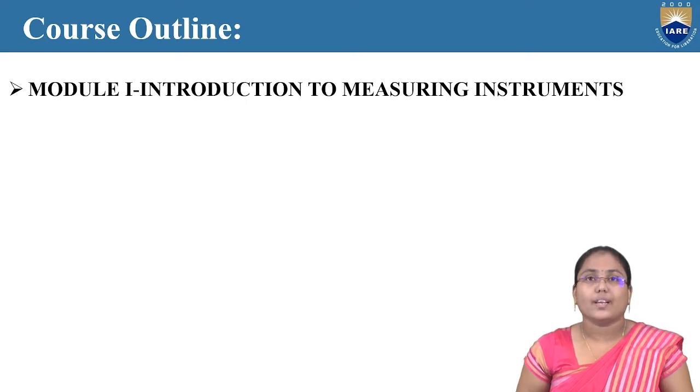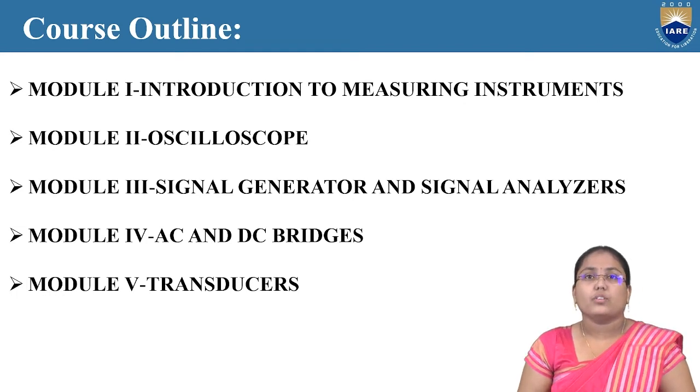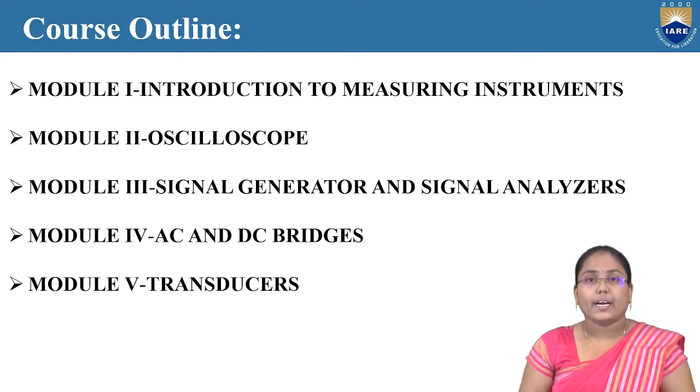This is the overall course outline of electronic measurement and instrumentation, in which there are 5 modules we'll be covering. The first module is on introduction to measuring instruments. Here we have different types of instruments in electronics, used when we measure current, voltage, frequency, time period or any other quantity, either electrical or electronic. First we are going to see what those different types of measuring instruments are, some basic measuring instruments, and how they are designed.